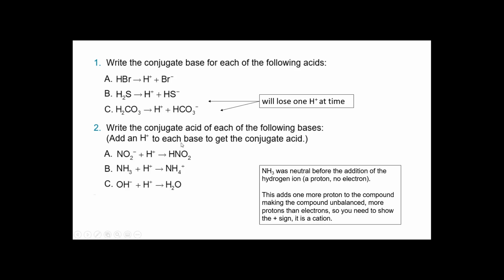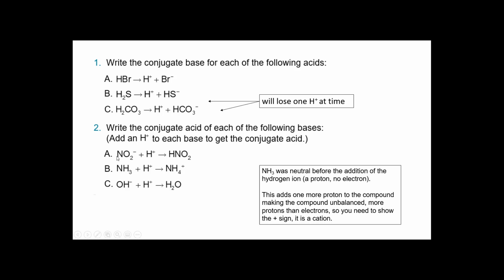Now, write the conjugate acid of the following bases. So now we're going to do the reverse. We're just reversing those arrows. And if you notice, these two have charges and this one doesn't. So in this case, these had no charges, but when you dissociated them, you needed to have charges. Now, if we're adding hydrogens back, these should have no charge. But this one's going to have a charge because it's not balanced. You have to show that there's an extra proton. So in this case, we have